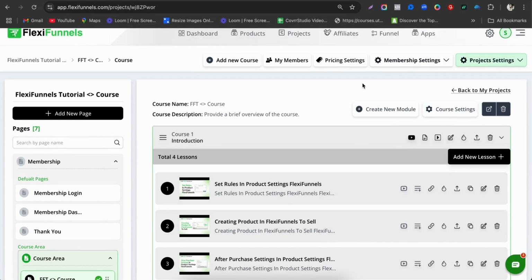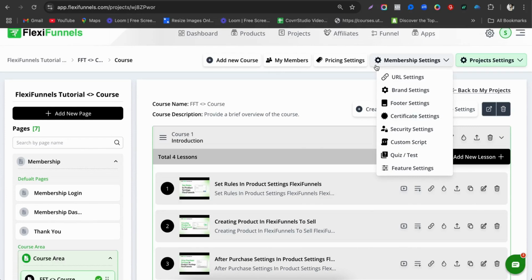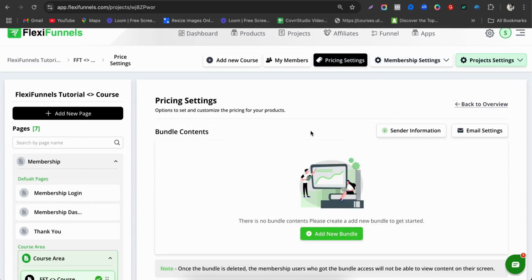Now, we have also go through a couple of more things over here. Let's understand the membership pricing settings and this pricing setting. What we are going to do is give the access of the bundle to the customers. We understood how we can create the course. Let's understand how we create the bundle so that we can give access to the bundle to all the